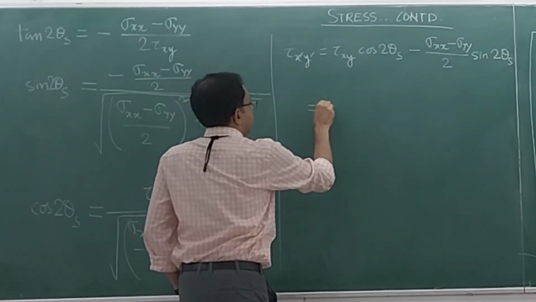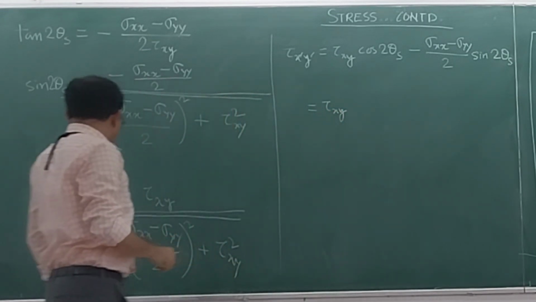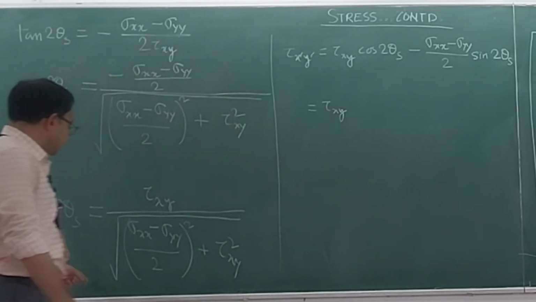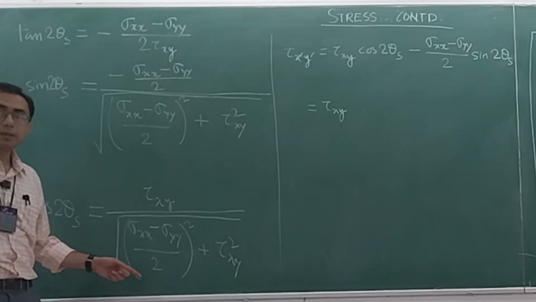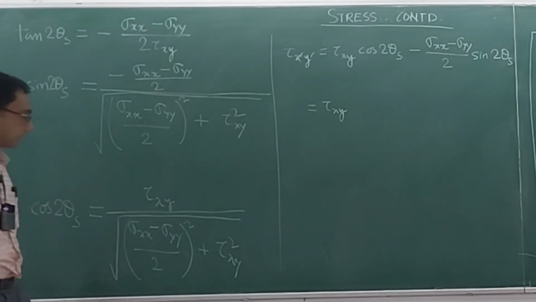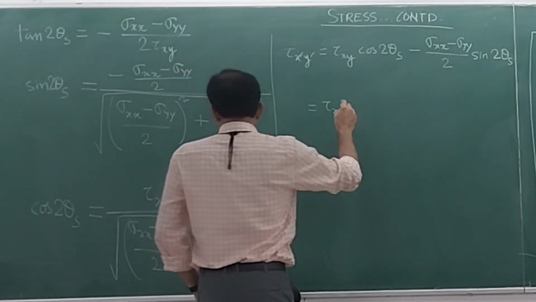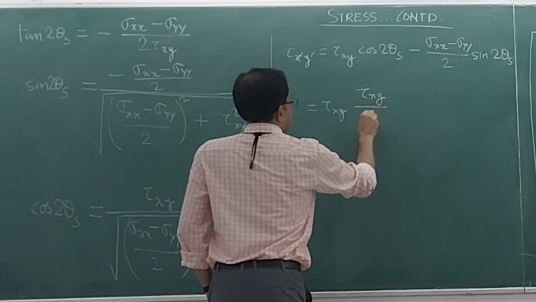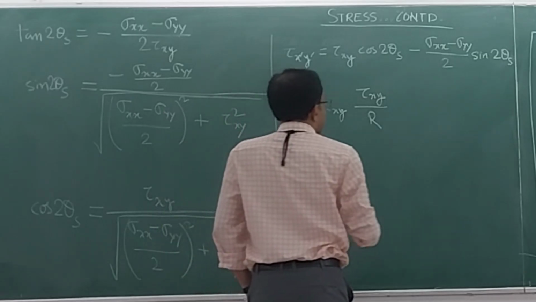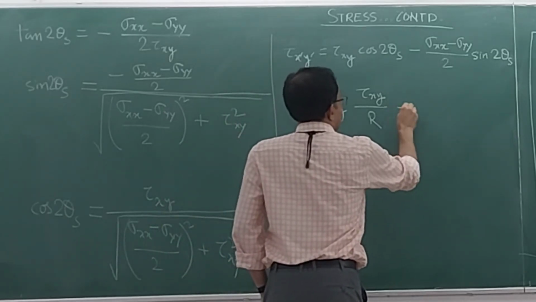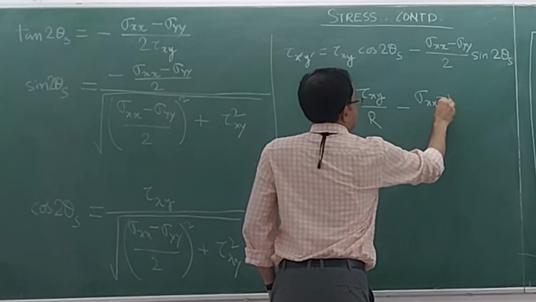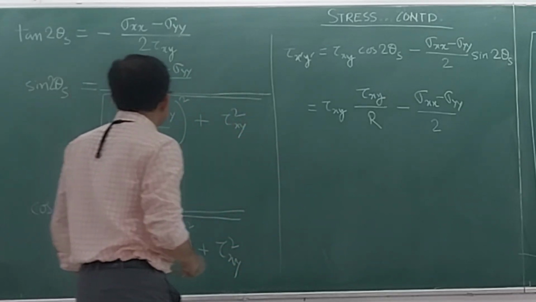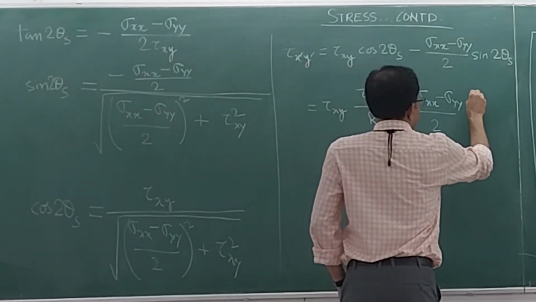So this cos 2 theta is, I'll have by the way, please note that this entire thing in the denominator is nothing but the radius itself. Okay, this is nothing but the radius itself. So cos twice theta is, that will be tau xy divided by r, and over here I have this thing, and now sine twice theta is, that will be